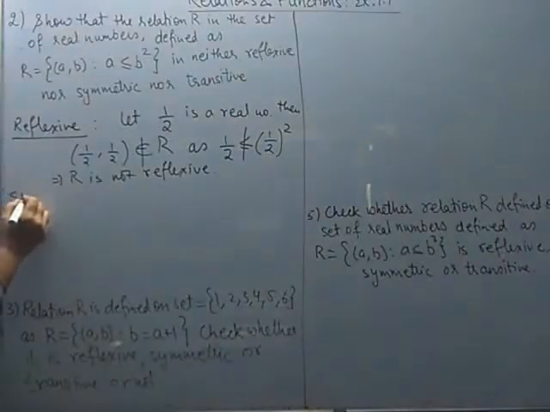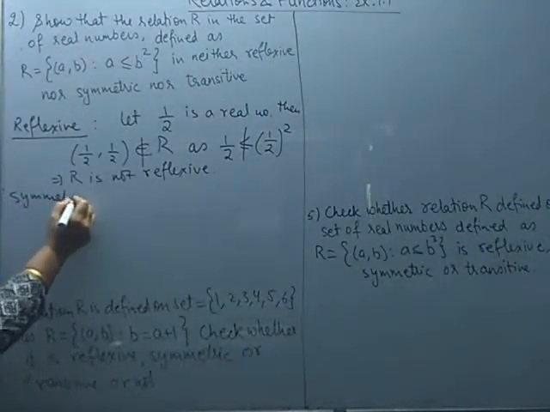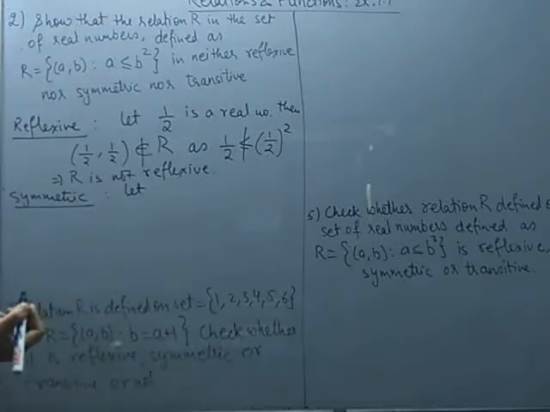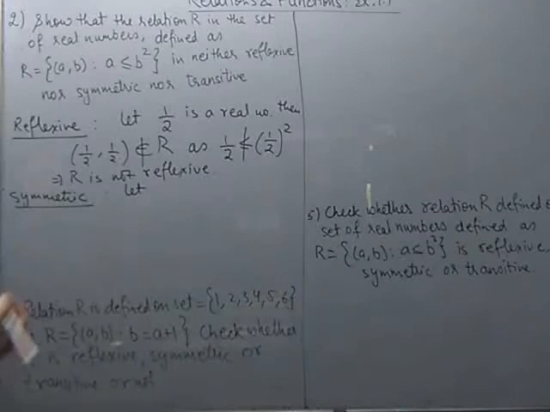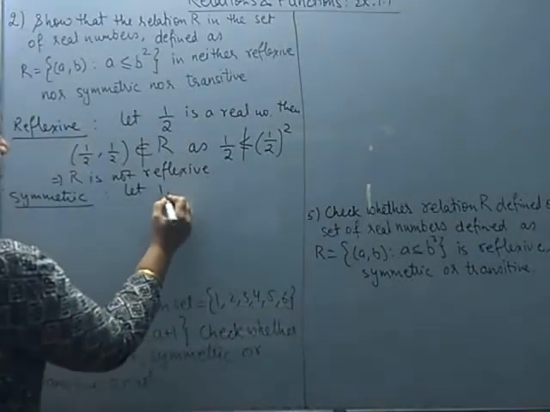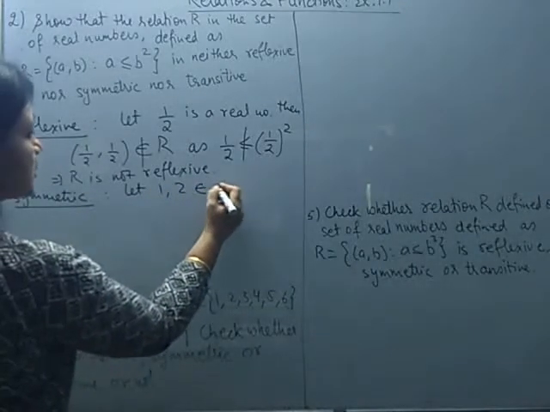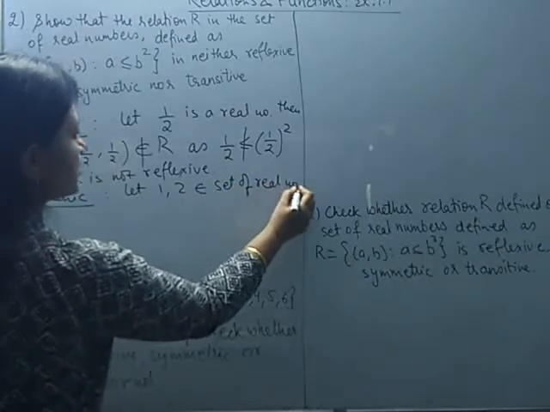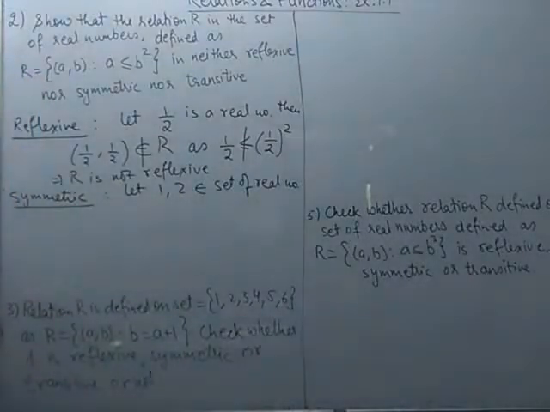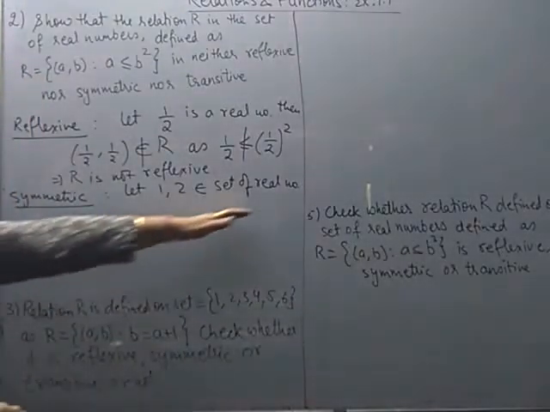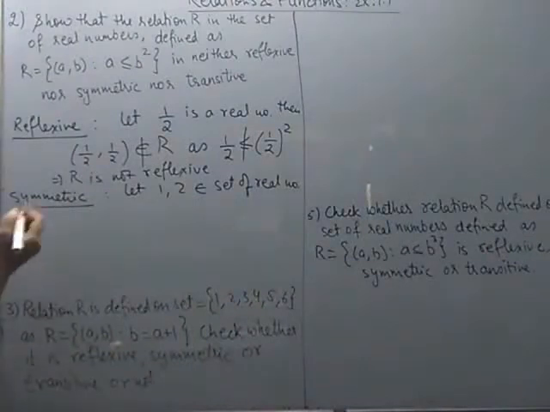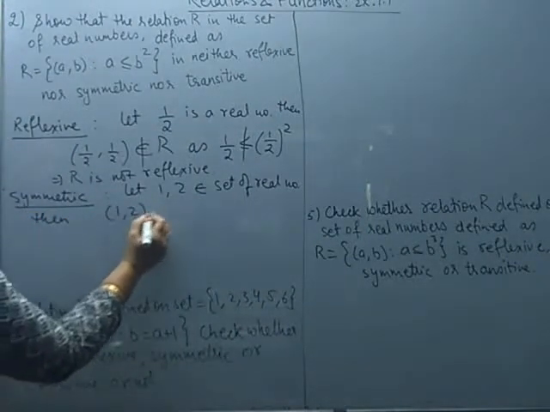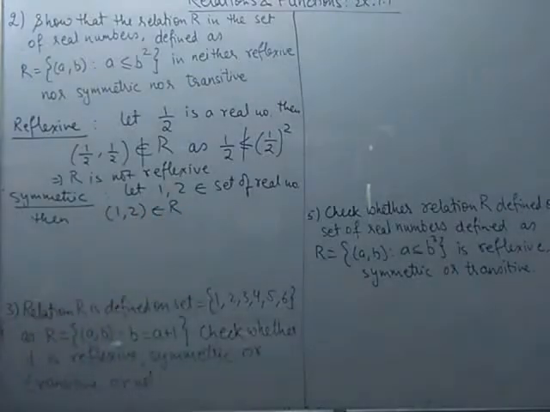Okay, let us check whether it is symmetric or not quickly. You can take any two real numbers. Let us go for something simple. Say 1 and 2 I take. Let 1 and 2 belong to the set of real numbers. I am not using the notation R here because you can see R we are already using for relations. So I will simply write set of real numbers. Then you can see, we can say that (1, 2) belongs to R. We know (1, 2) belongs to R.